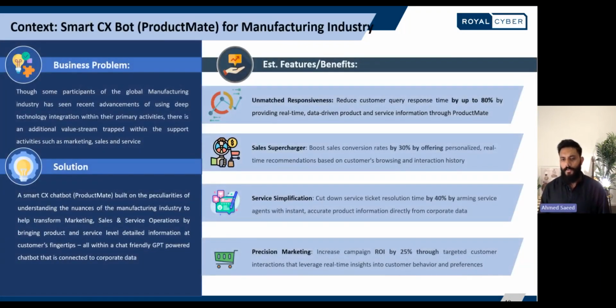And just to annotate, the business problem we'll be looking at today is centered around unearthing the upside potential for marketing, sales, and service streams for a vehicle slash machinery lubricant manufacturer, where our demo product aims to drive significant business results.